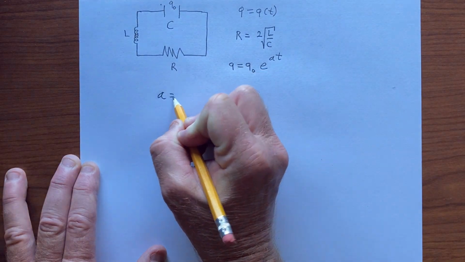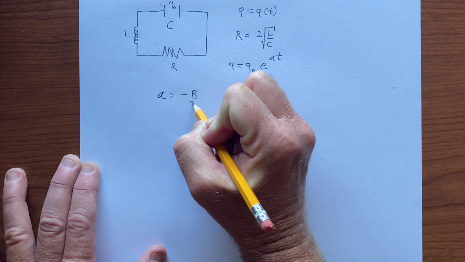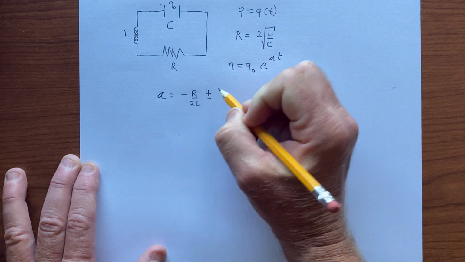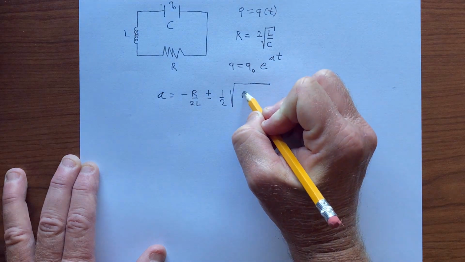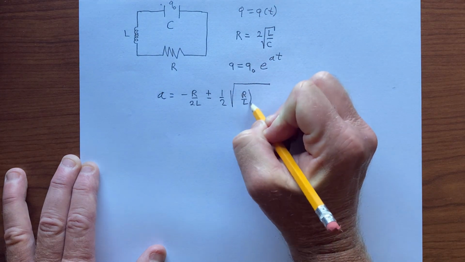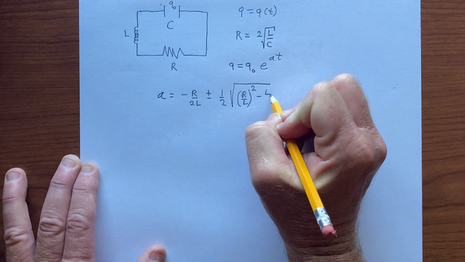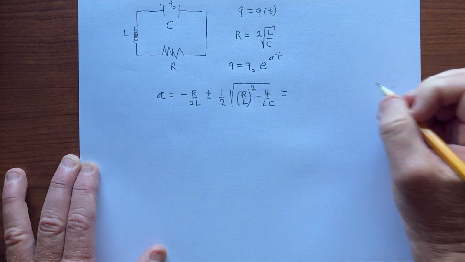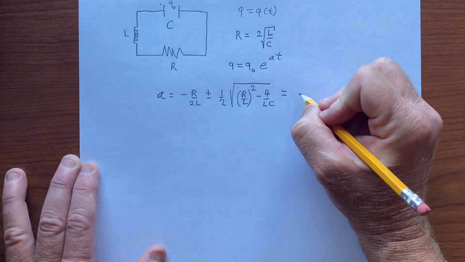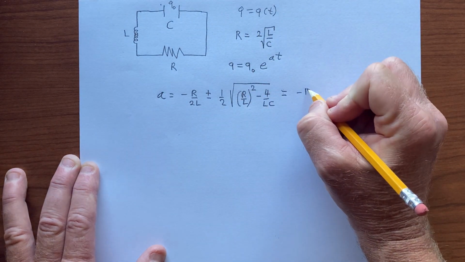Well, the A is minus R over 2L plus or minus 1/2 square root of (R over L) squared minus 4 over LC. But we know what R is, so we get minus,